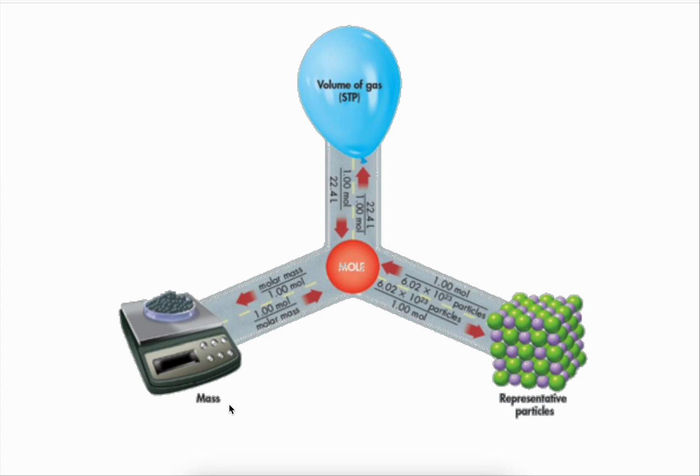Days, you'll be given a sample of silver oxide. You'll be able to figure out how many grams of silver and grams of oxygen were in that sample. And by knowing those, you'll be able to figure out how many atoms of silver and atoms of oxygen were in that sample. And so you'll be able to figure out the ratio of silver atoms to oxygen atoms. You'll figure out the formula of silver oxide. But in order to be able to convert from your grams into your atoms, you'll need to convert first into